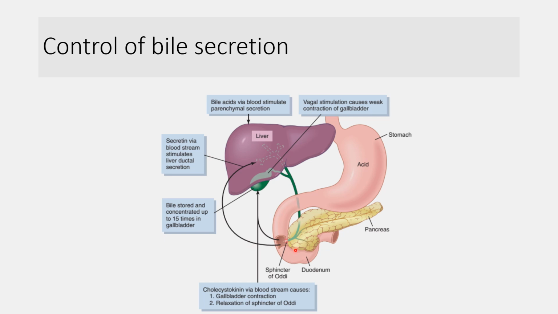Whenever acid content in the duodenum increases, it increases release of secretin, and secretin increases secretion of bile from the hepatocytes into the canaliculi, and this action is known as choleretic action. Products of protein digestion in the duodenum increase release of cholecystokinin, and cholecystokinin promotes gallbladder contraction, and this action is known as cholagogue action, by which gallbladder bile is secreted into the intestine.